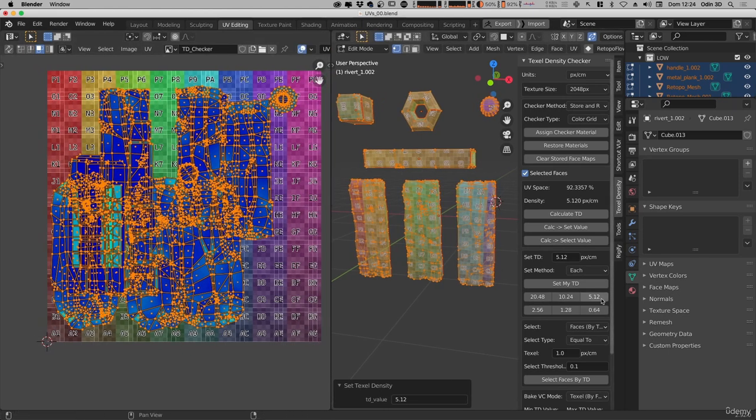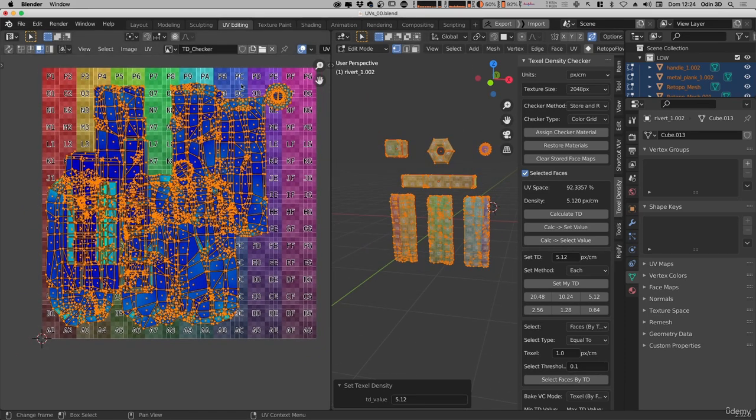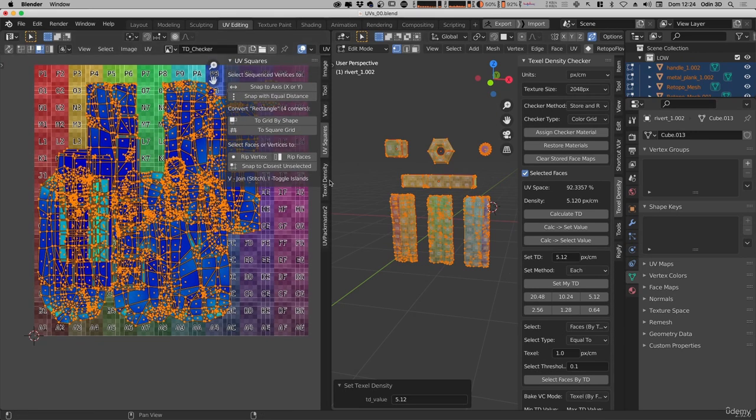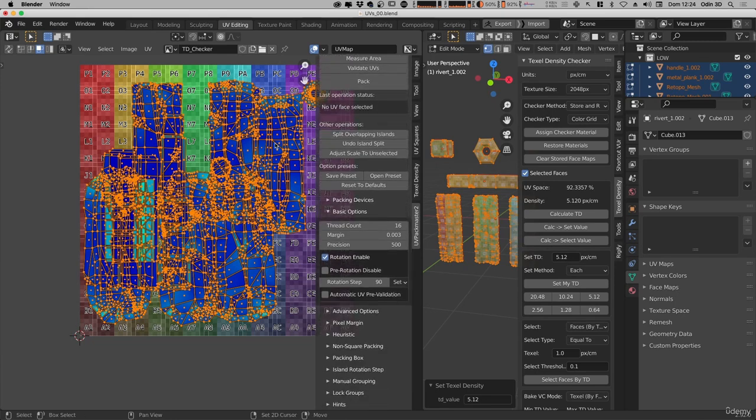Once we have set our texture to 512, which is a quite moderate size, we are going to try to pack this texel density in 2048. For this, we are going to use the UV Packmaster add-on. It is an add-on that I will also share with you. You know that from Lootbox you have all these add-ons, and here we are interested in, of all the options that it brings,